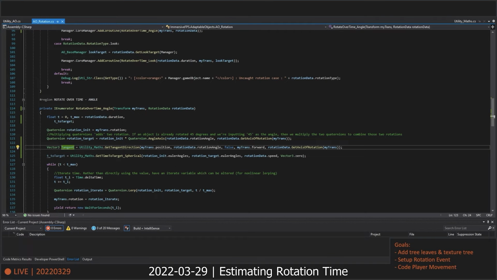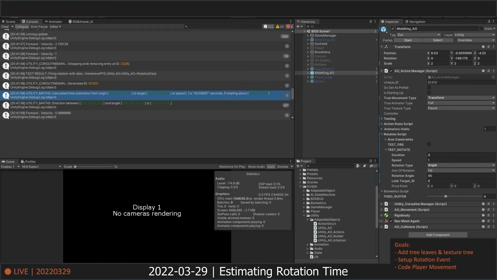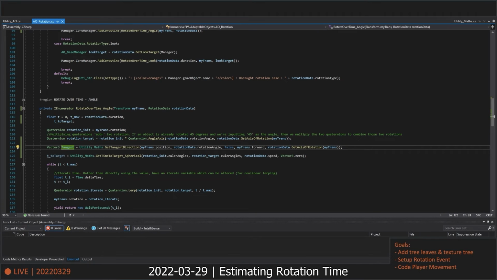Just a brief explanation of what I'm doing here. I'm trying to use the calculations that I made for the movement to get an estimation of the time of moving along an arc. The difficulty here is that I'm using quaternions for the rotation, because rotations are handled with quaternions, which are four-dimensional